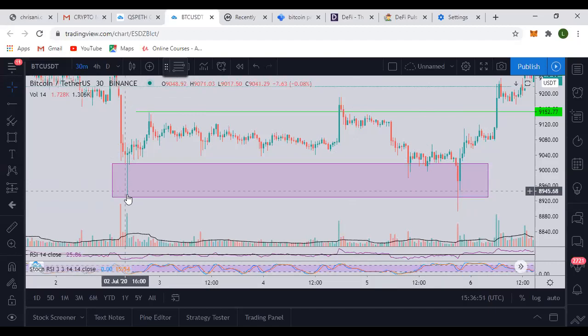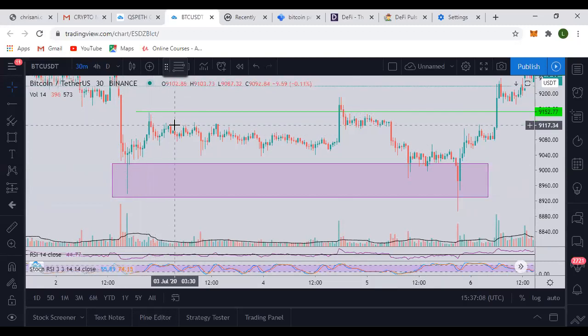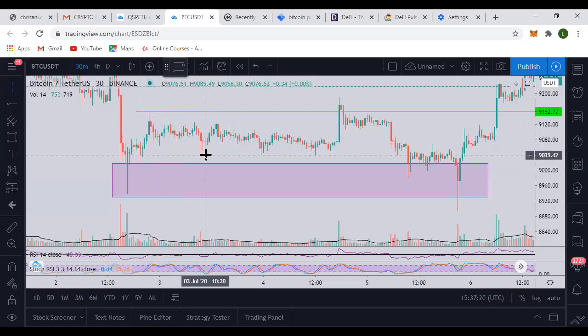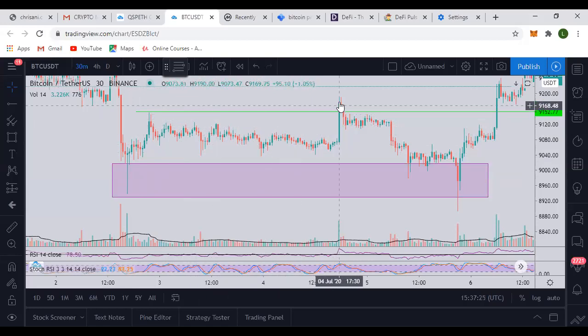Now you can decide to buy here if you're scalping, because this is a 30 minutes time frame. For an active trader who is always online trading, you can decide to buy here. Once you know that this is a resistance, you sell. I'll show you how to know that that place will turn to resistance. So once the price goes to this place, you sell. You wait again. Once the price comes down, probably to here, you can decide to buy and sell here.